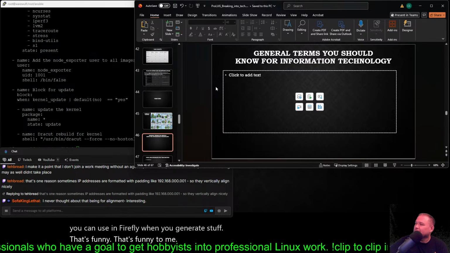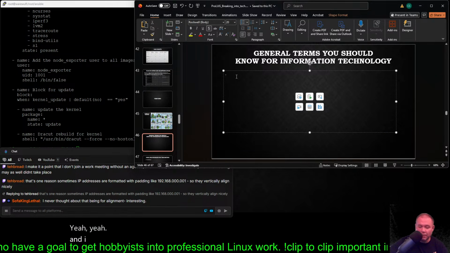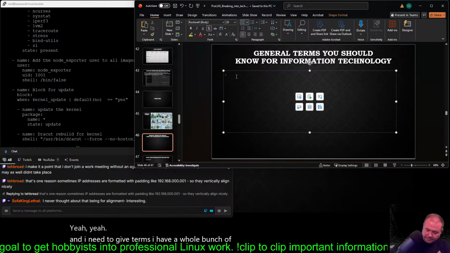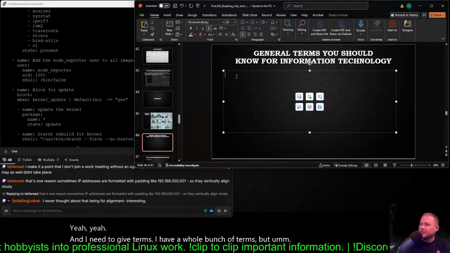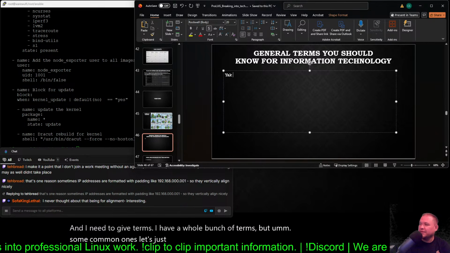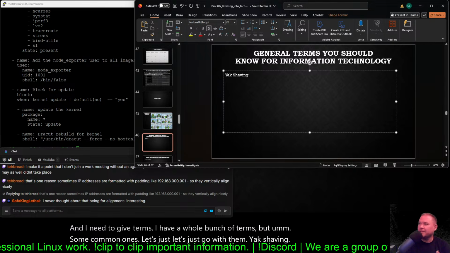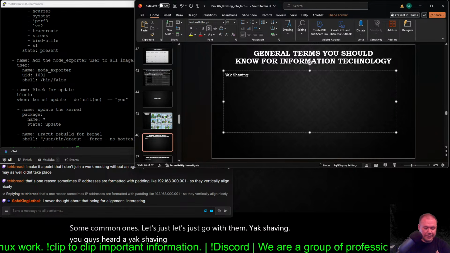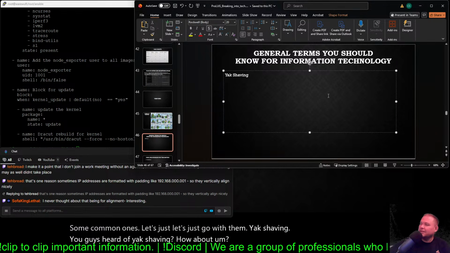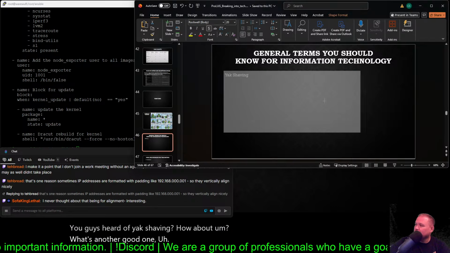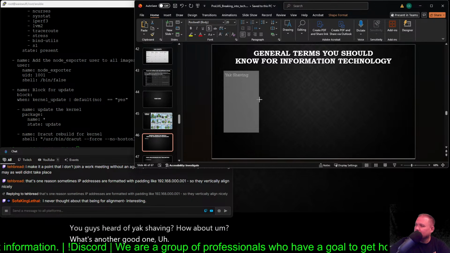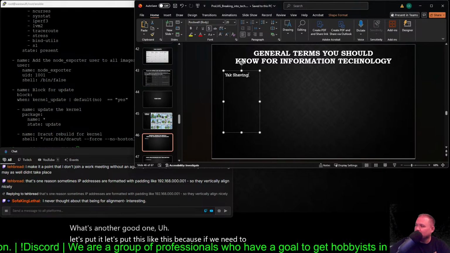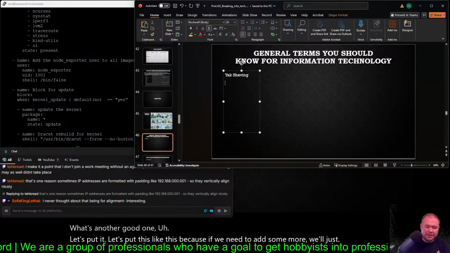Yeah. And then I need to give terms. I have a whole bunch of terms, but some common ones, let's just go with them. Yak shaving. You guys heard of yak shaving? How about, what's another good one? Let's put it like this, because if we need to add some more, we'll just put this over. Yak shaving, bike shedding,